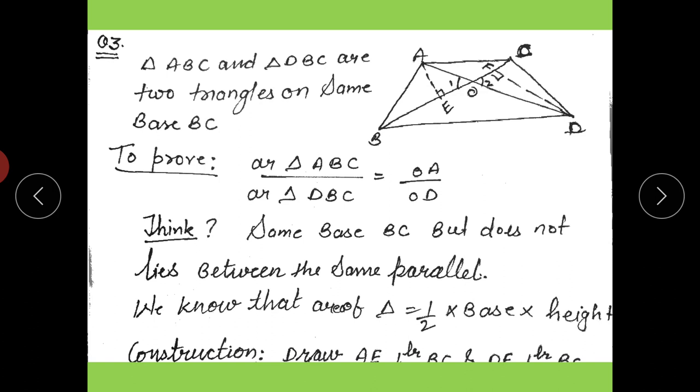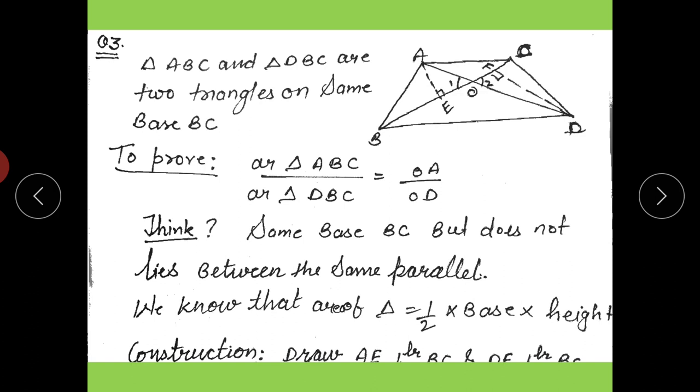There is no angle, no side ratio given. So how? What? Then what? So how are you going to think? If you are not able to apply some given concept on the question, it means we have to construct something. So construction is that, construction idea, what do we do?